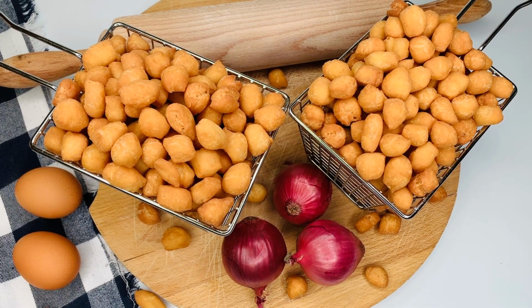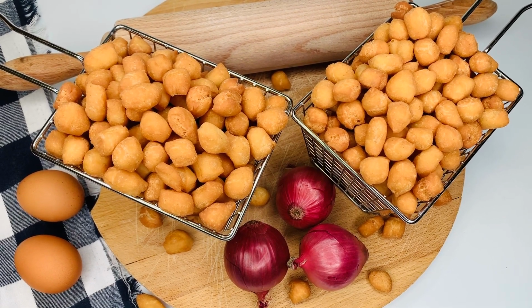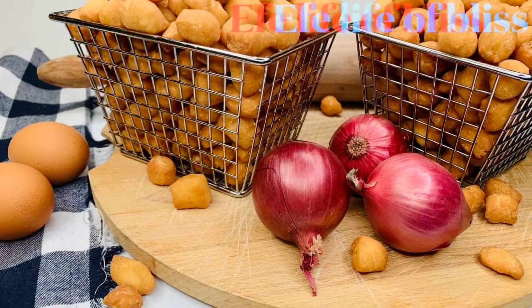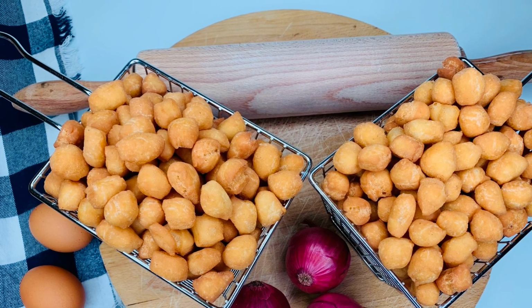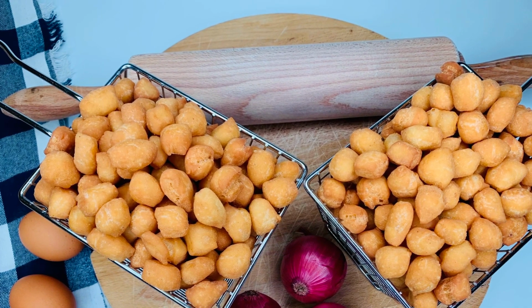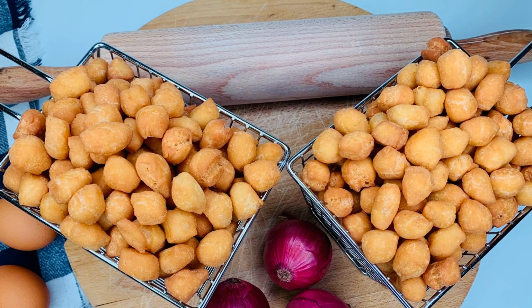Today I'm going to be showing you how I made this fantastic and very tasty snack called onion chinchin. Okay, if you'd like to learn how I made this, why don't you sit back and relax and keep watching. And I bet you if you make this for your guests, your family and friends, they'll be very happy because